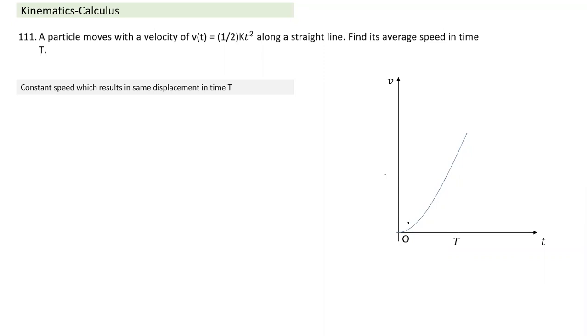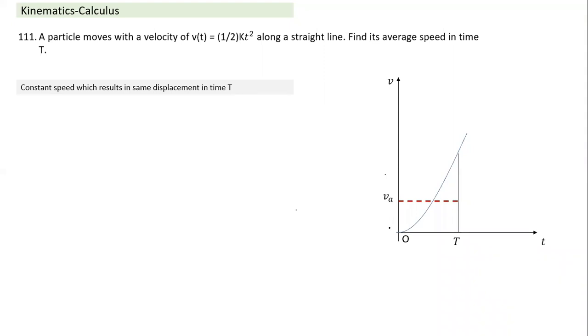And you notice that v is varying. So conceptually, what is my average speed during time 0 to t? This is my average speed. If I maintain this constant speed from 0 to t, it should produce the same displacement. So how do I equate? The area under this curve should be equal to the area under the constant speed curve. Does it make sense? I have used the basic concept: a constant speed maintained for the time interval must result in the same displacement. Only then is it the average speed.